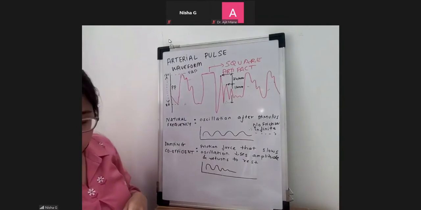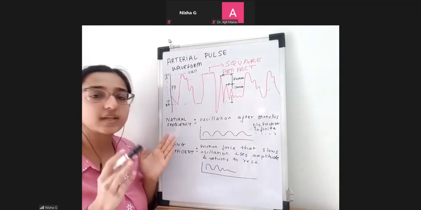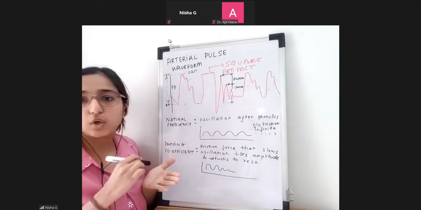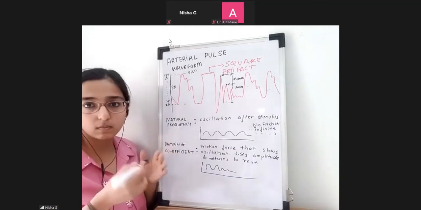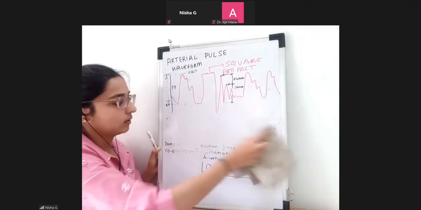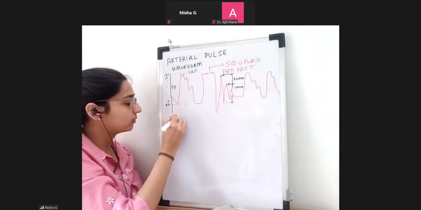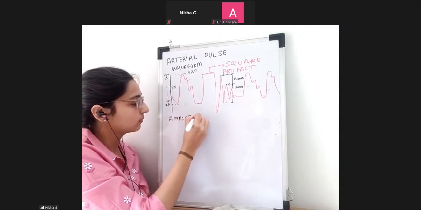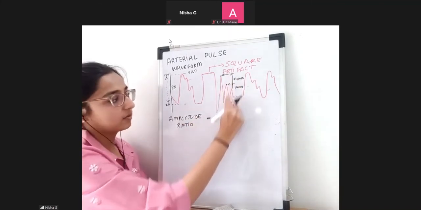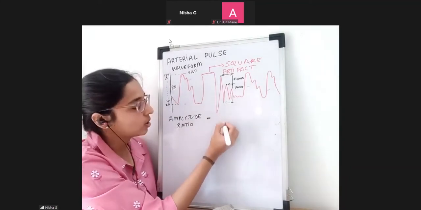So after this, what's going to happen? The system or you also can do it. For example, if you are printing this on paper, you can sit and calculate it, right? If you're not printing this on paper, it's quite difficult. So then the software module will do it for you. We'll calculate something which is known as the amplitude ratio. This is the amplitude of the two sequential oscillations, and we will take the ratio of this.